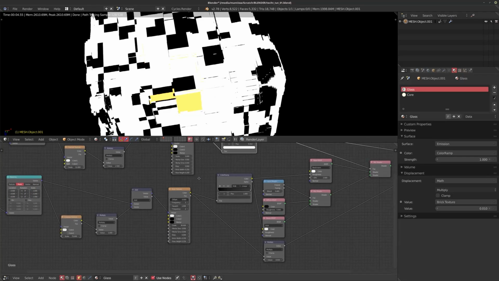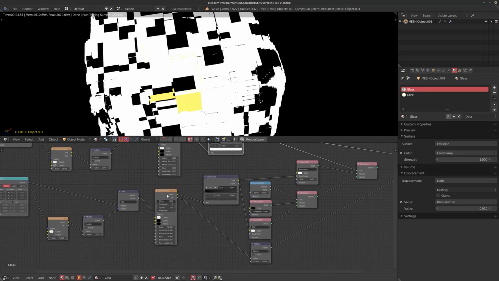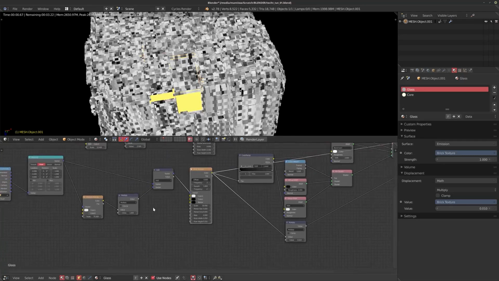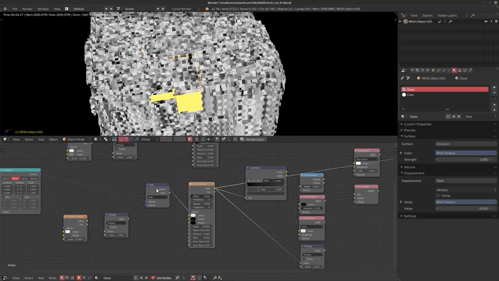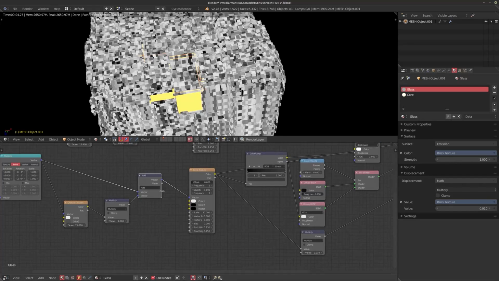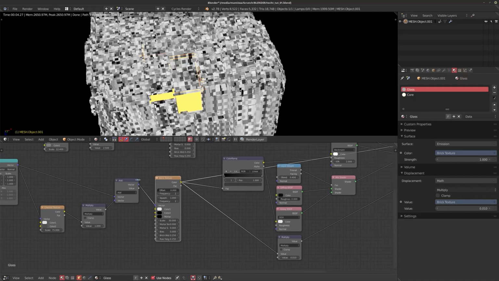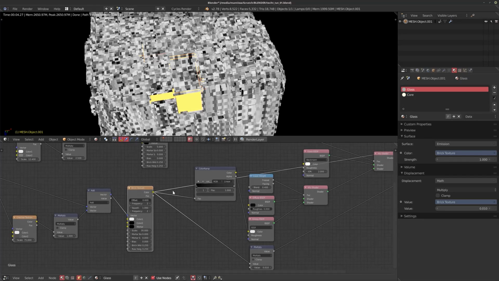And then for the second one, I believe this is a brick texture combined with a checker texture. So the reason I do it like this is the checker texture is actually distorting the UV vector of the brick texture. And I mean, obviously you can do all kinds of stuff in here. You can experiment with this. This isn't necessarily right or wrong. But it does give a really interesting distortion to, like I said, the brick texture itself.